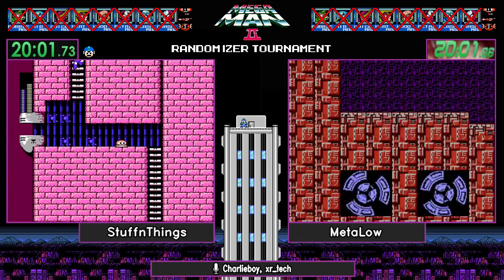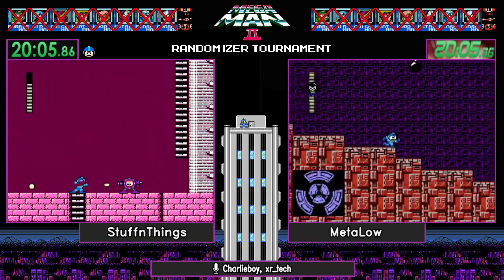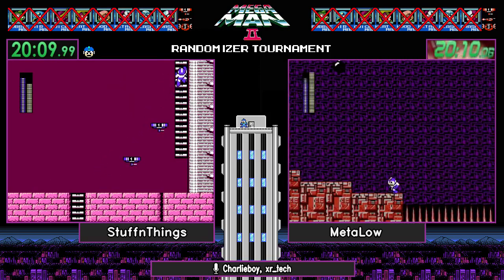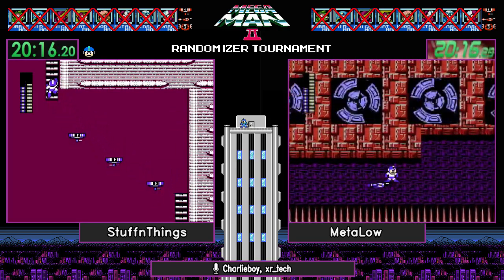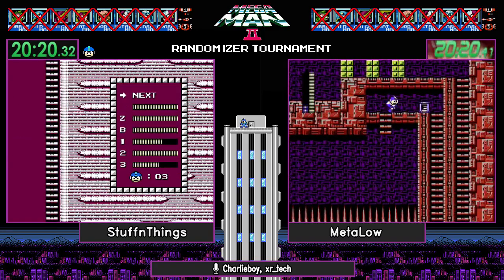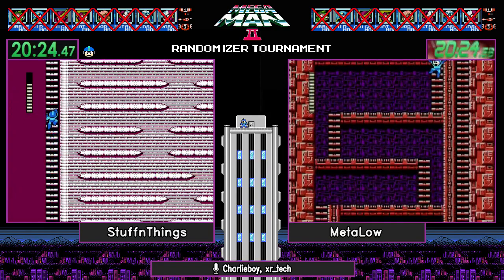Yeah, and that dragon, it was kind of hard to see because of the flicker, but StuffnThings actually killed the dragon on one of the frames that he was being hit. So the knockback actually did knock him back onto the back platform there. But that could have been really dirty if...